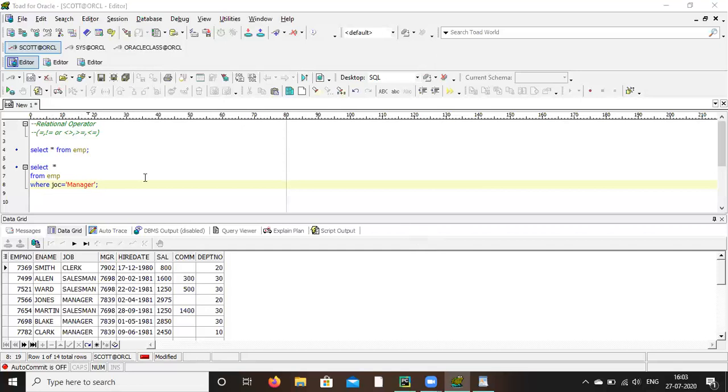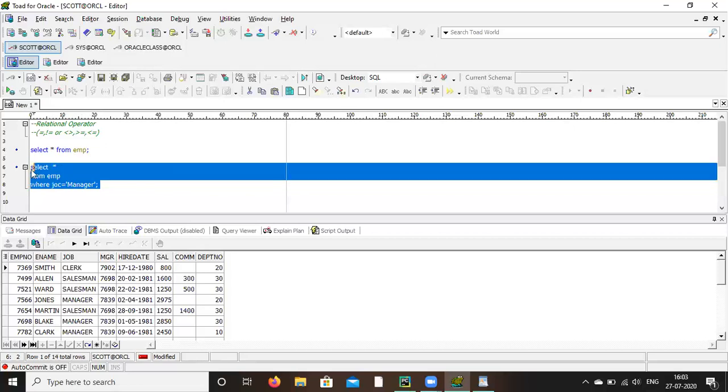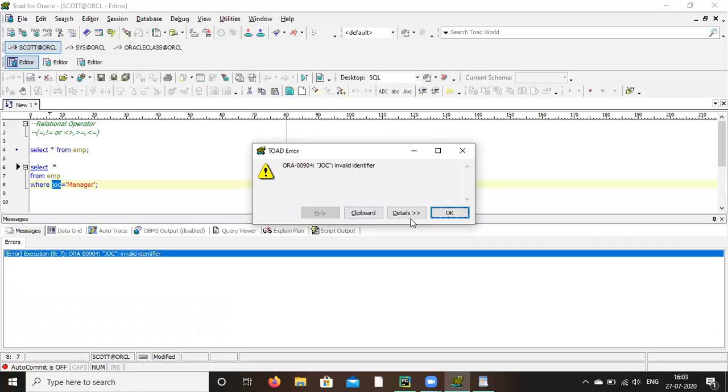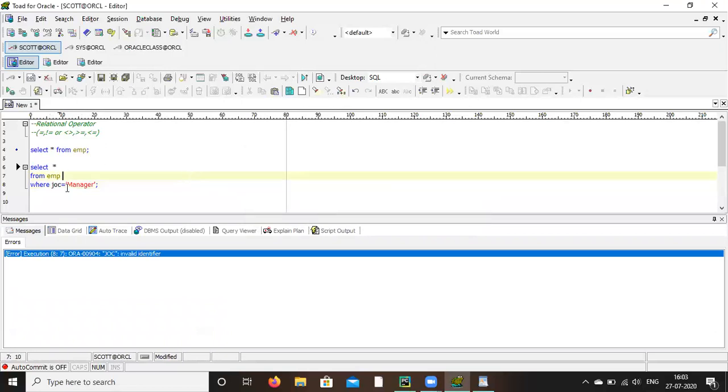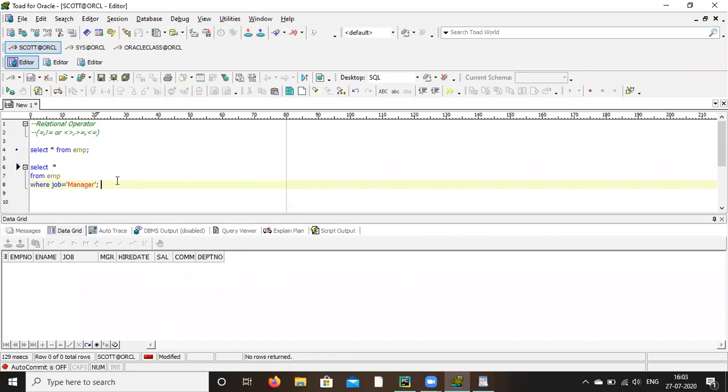No need to select, just do control enter. The job didn't select anything because manager has to be all capital, MANAGER.